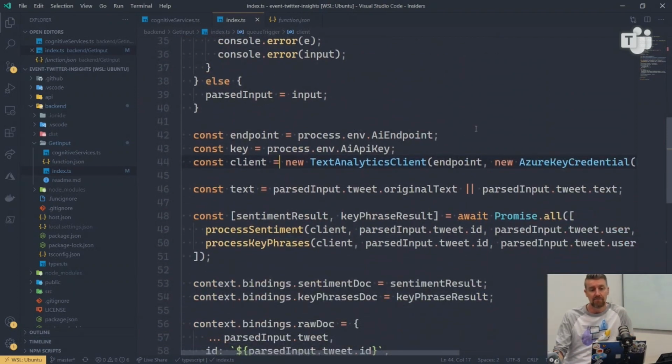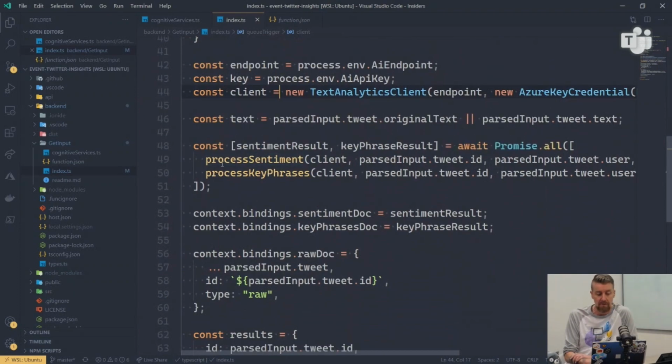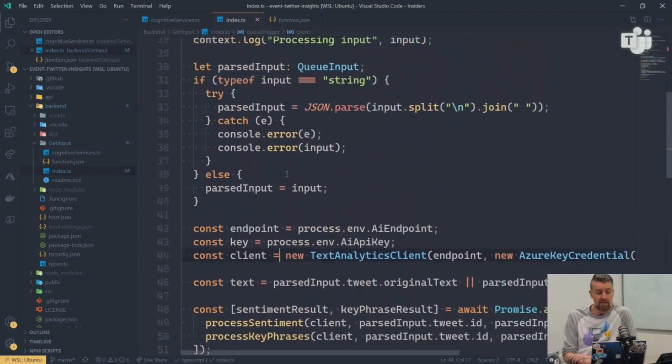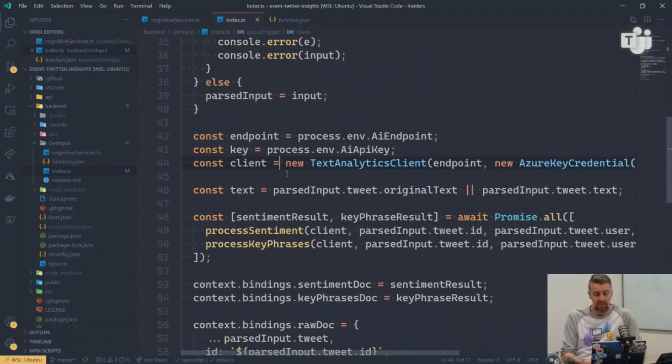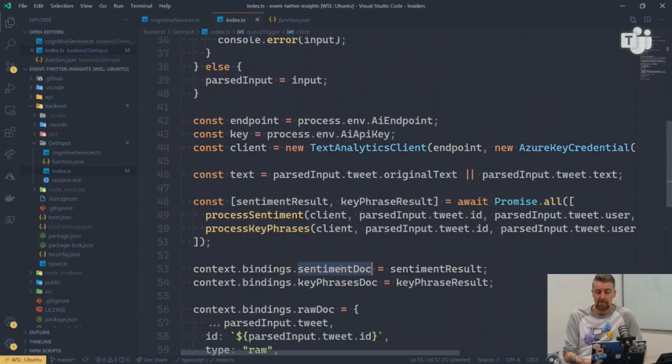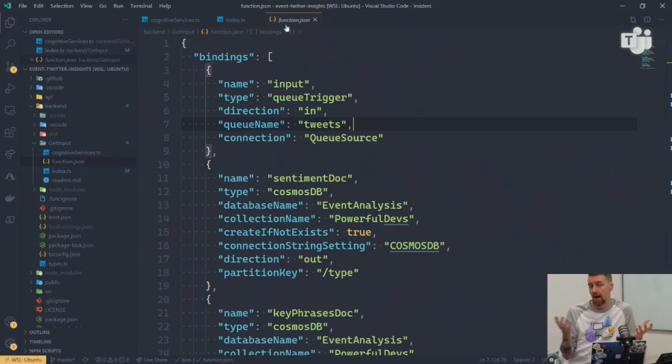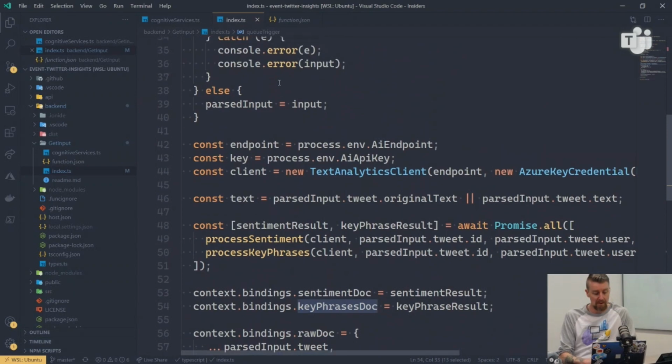I then get back my API keys for cognitive services that I just have as environment variables. So these are deployed into the app service for functions as variables. Create our connection to cognitive services, and then call those two functions that I created before. And then with that, it will write those out as output bindings to our Cosmos DB as the sentiment doc and the key phrase doc, which are defined in my functions JSON. And with a bit of luck, if we run this,